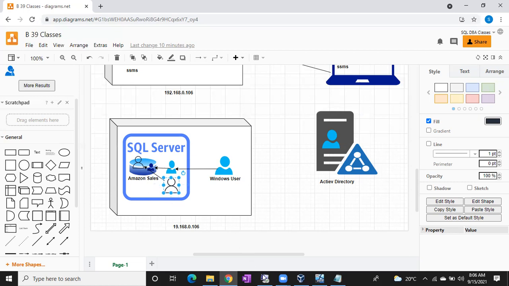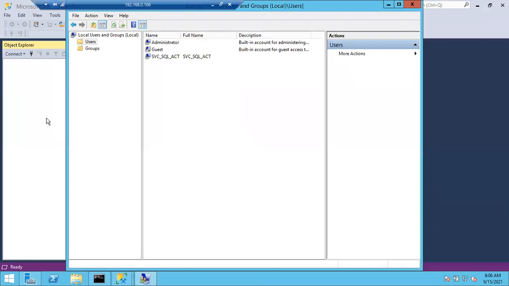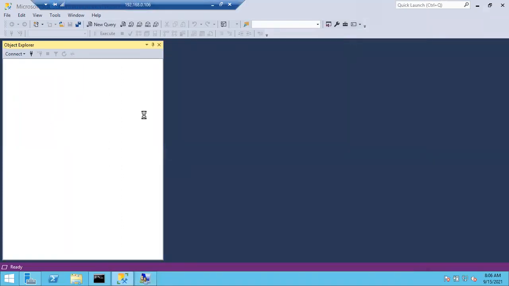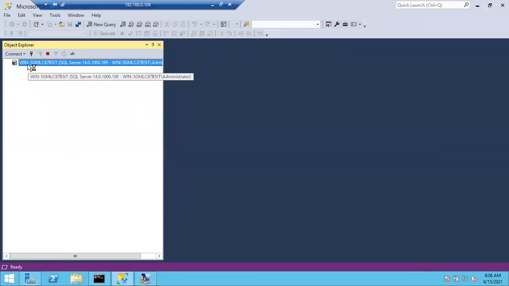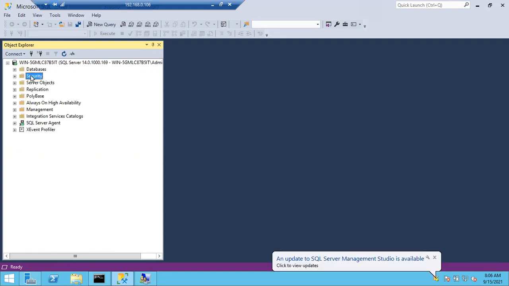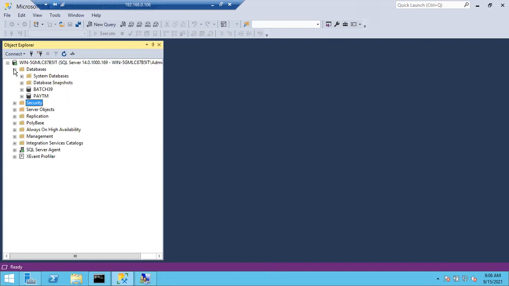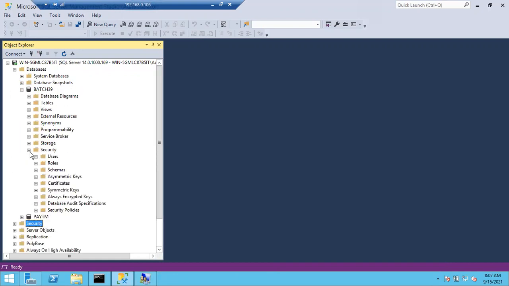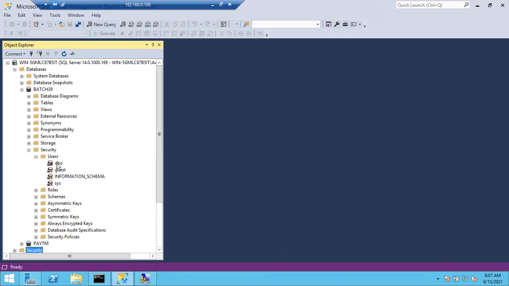If you want to see, go to any database. Let me connect and go to any database. There are two securities in SQL Server. One is instance level, which you can see here under security. The other is database level. If you go to any database, you can see another security under the database. These are the default users under this database.